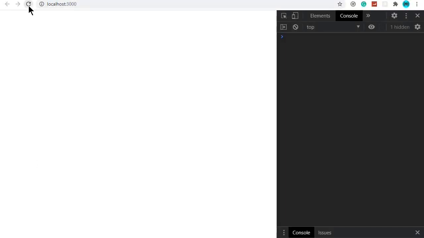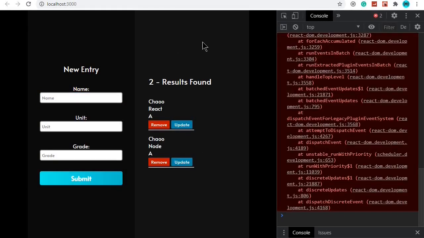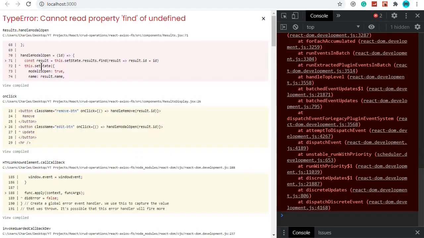I'll go back, refresh, wait for everything to load, click update, and we have an error. So let's see what's not happening. Cannot read property find of undefined. I'll check this one out